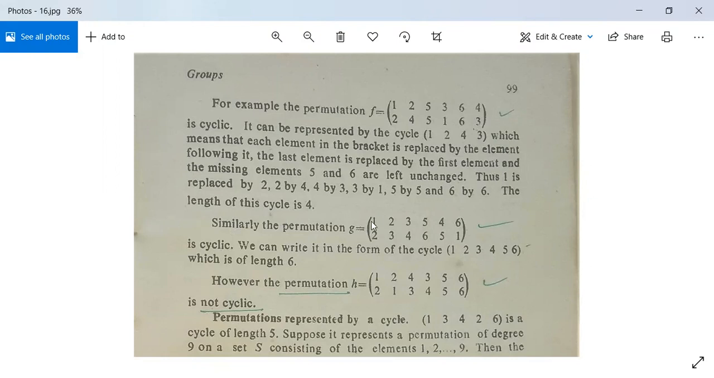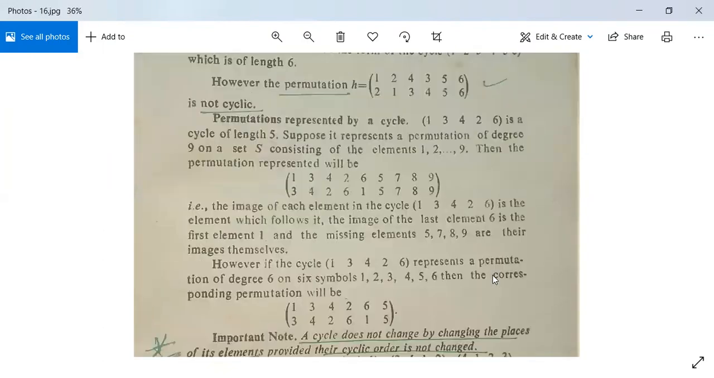Similarly the permutation g is equal to 1 goes to 2, 2 goes to 3, 3 goes to 4, 4 goes to 5, 5 goes to 6 and 6 goes to 1। तो ये क्या हो जाएगा, लेंथ 6 का हो गया। इस साइक्लिक we can write it in the form of the cycle (1 2 3 4 5 6), which is of length 6। However the permutation h: 1 goes to 2, 2 goes to 1, 4 goes to 3, 3 goes to 4, 5 goes to 5, 6 goes to 6, it is not cyclic because here देखो एक साइकिल ये बन रहा है, एक साइकिल ये बन गया है, तो इट इज नॉट साइक्लिक।